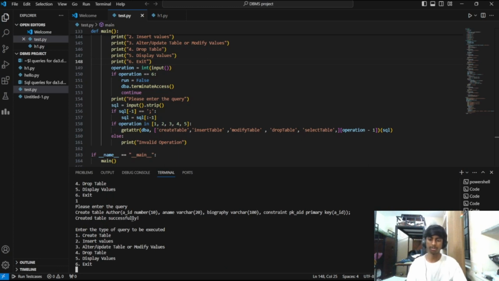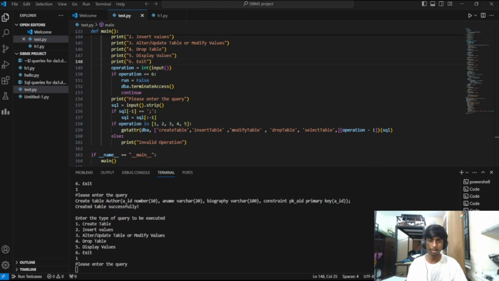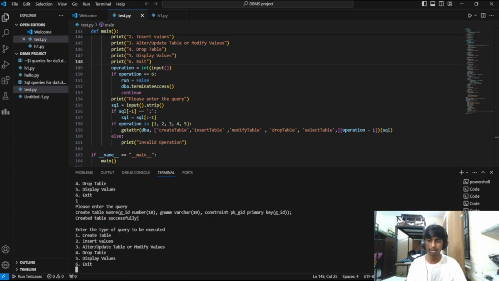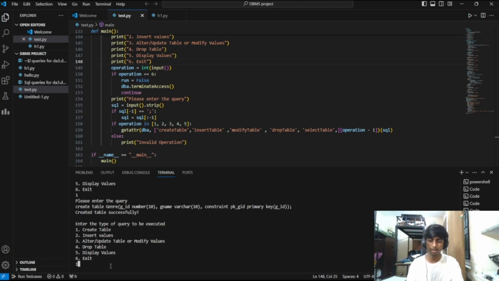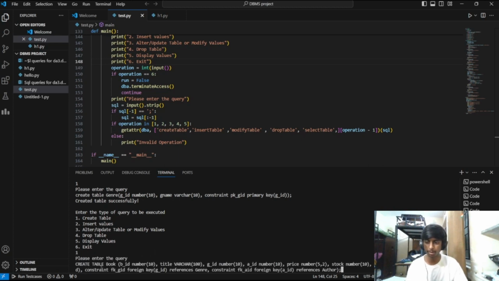Now again I'll insert the rest of the tables in the same order. So I'll be typing one, then I'll type the queries. So again the table is successfully created. Now we need to type one, then we need to type the query. Here I'll be creating a table called book, where it has book ID, title, GID, AID, and price number,